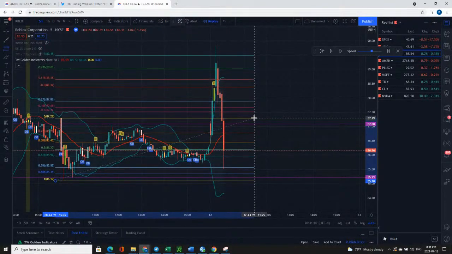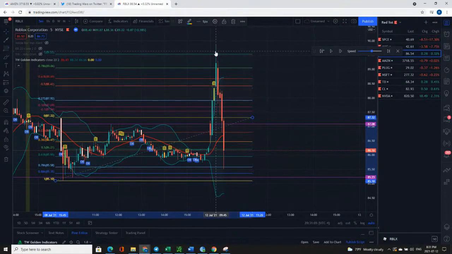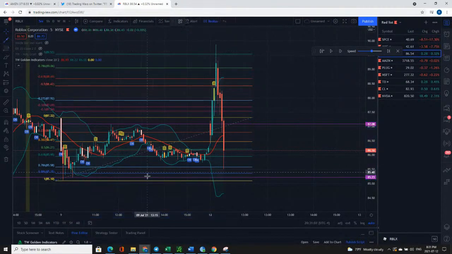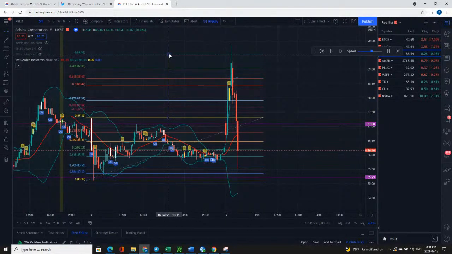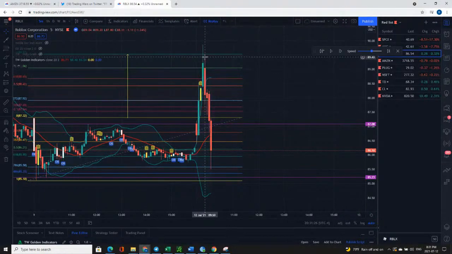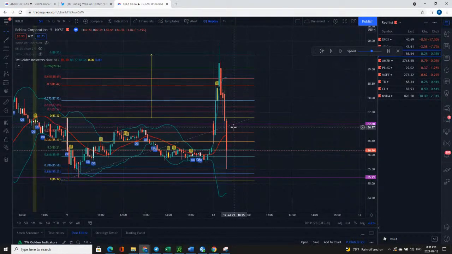Okay. So that's what I was expecting, right around the 1 measured. So the distance from here to here, this is the range of yesterday, right? Friday, sorry. And then if we pull it up here, that's completely 1 full extension of that range. So normally 1 full extension of the range will have some selling, right? And sometimes it's going to be a big sell off like this. Sometimes it's going to be a small sell off. But all of these things you need to have in your toolkit so that you can understand.